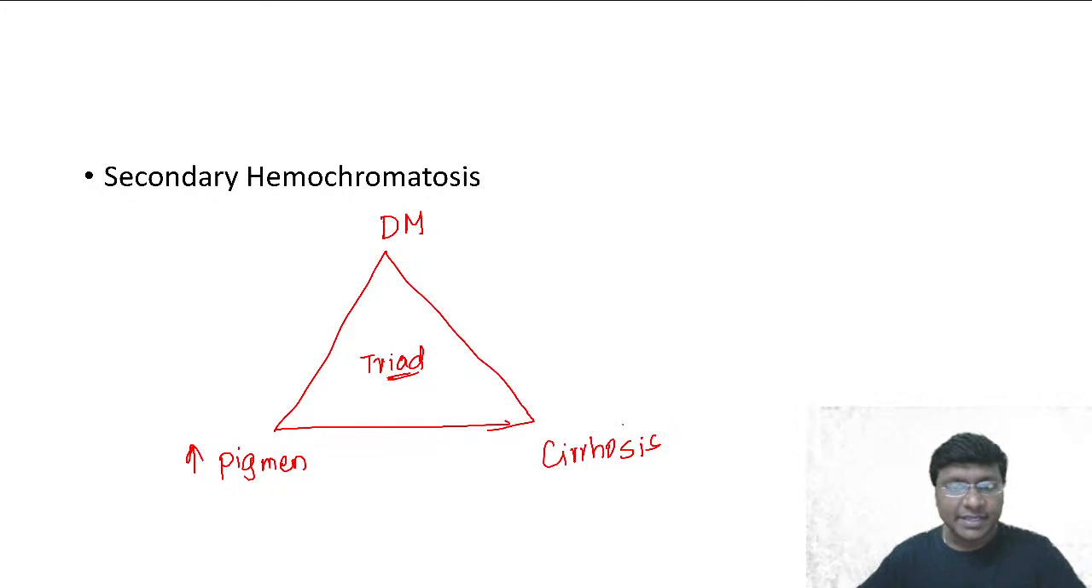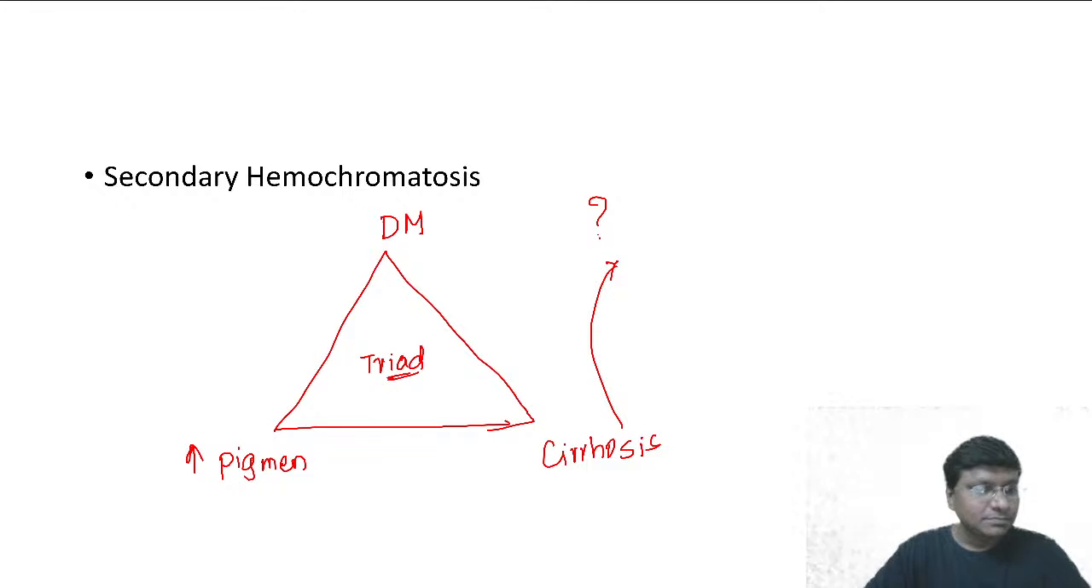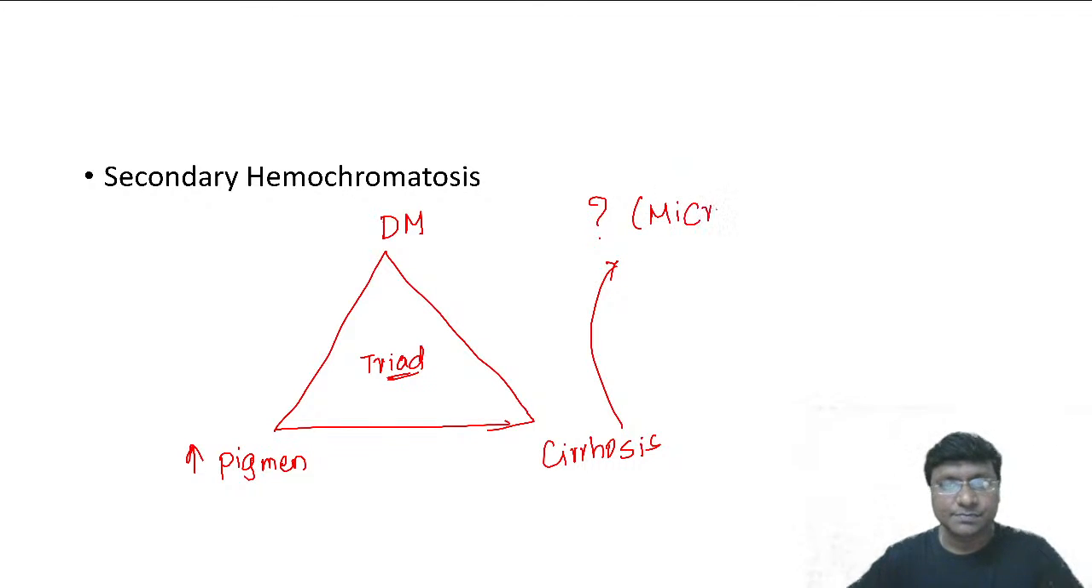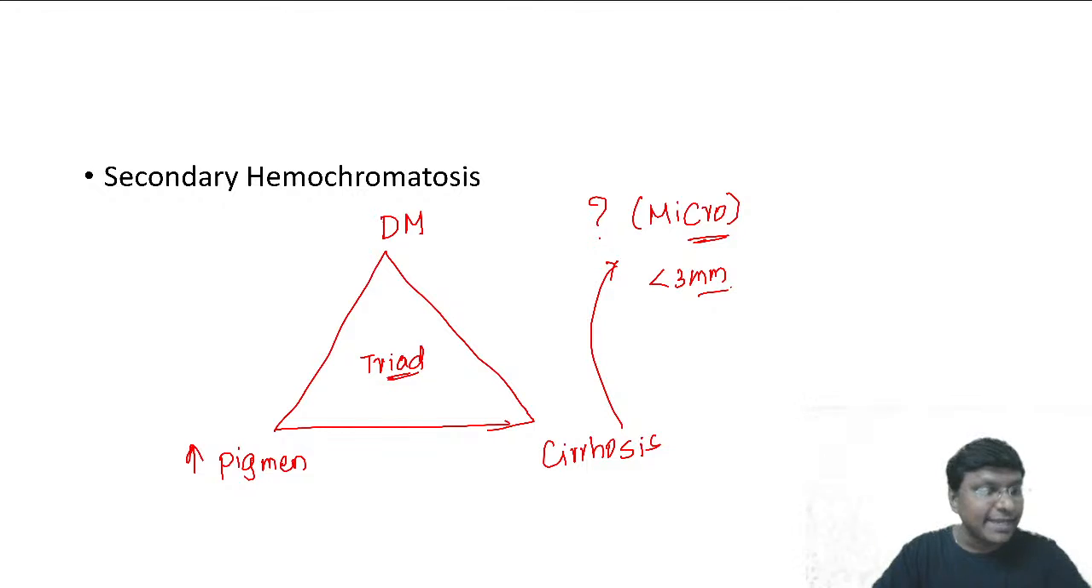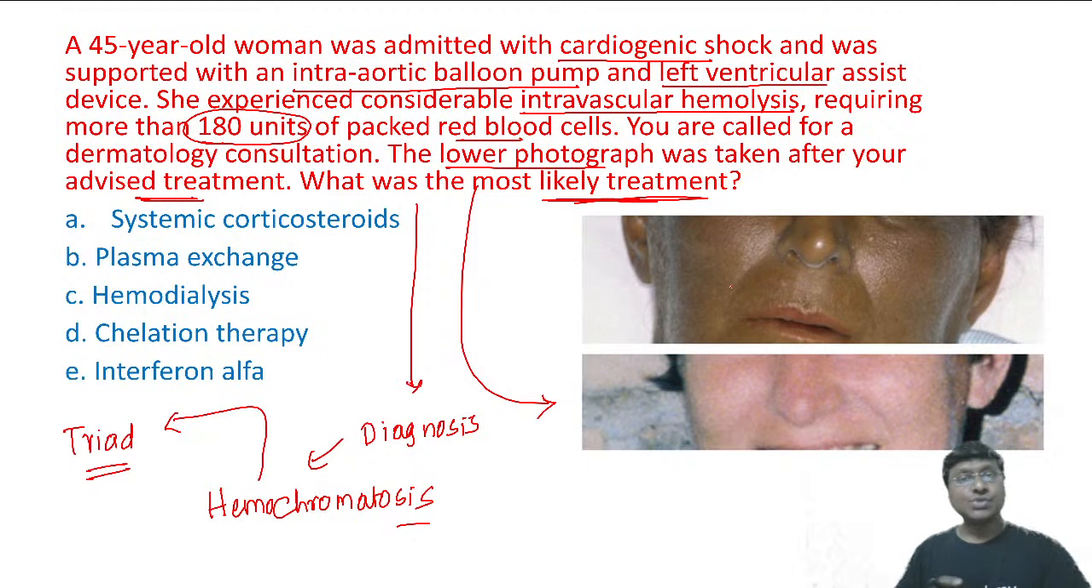So can anyone tell me what type of cirrhosis you will see in hemochromatosis? Is it macronodular or is it micronodular cirrhosis? Nurul Khan, hemochromatosis will cause micronodular cirrhosis, with nodules less than 3 mm in size. It is not macronodular, it is micronodular cirrhosis. Okay, so